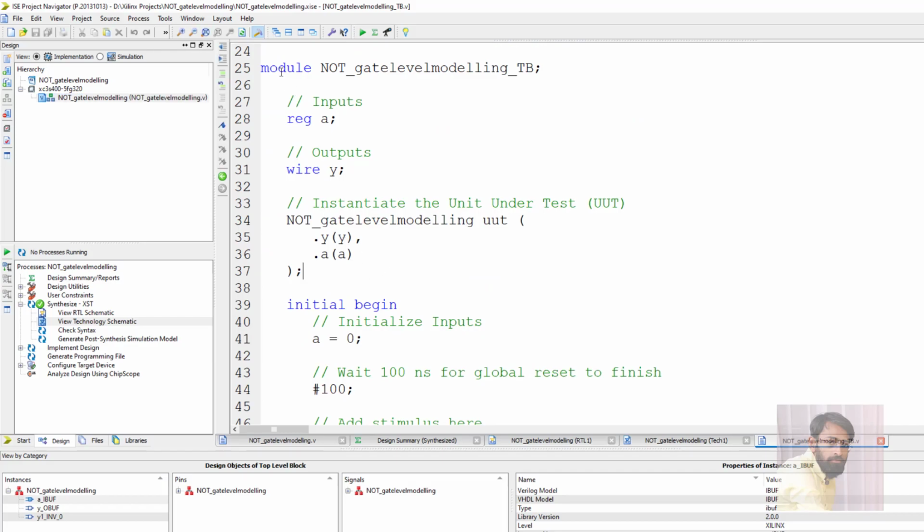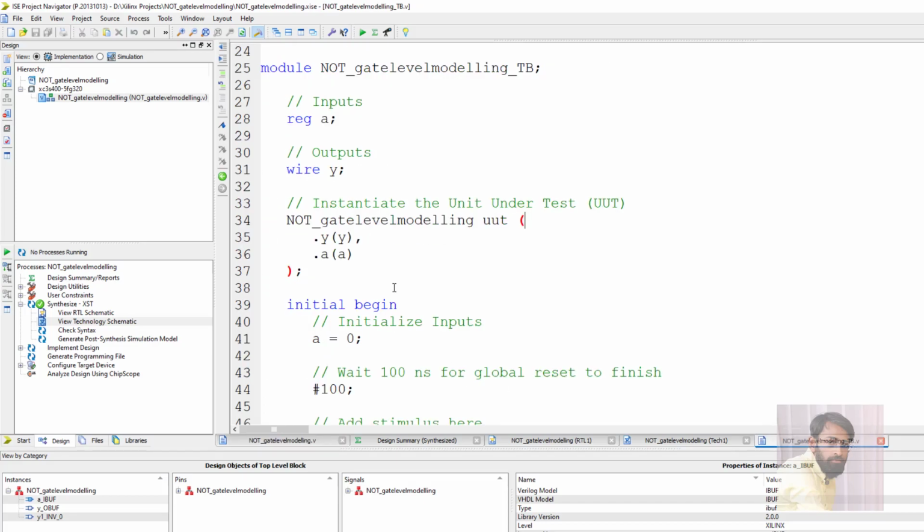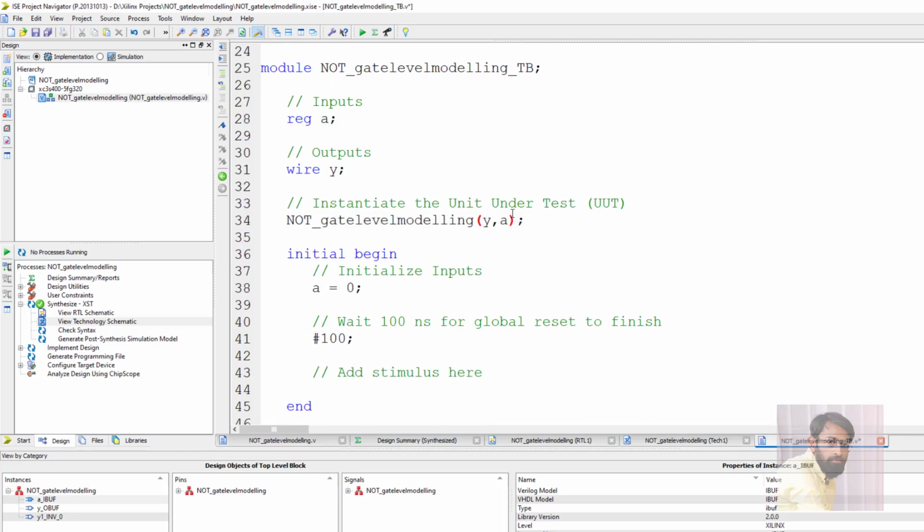Here, inputs will be treated as registers, outputs will be treated as wires, and here we have to instantiate the UUT, unit under test, meaning the design for which I am writing the code. I am writing the code for NOT gate, so I copy the first line from the source code and paste it here, and give it a name: NOT gate.